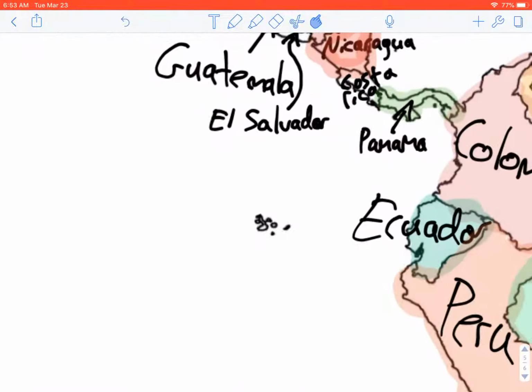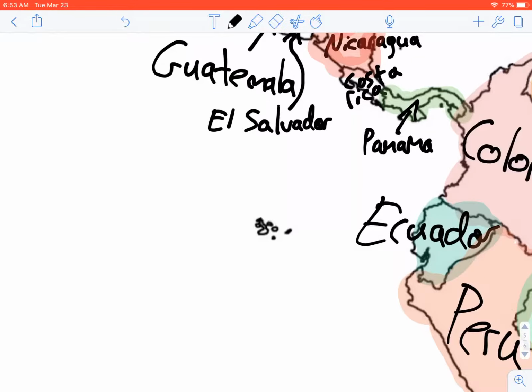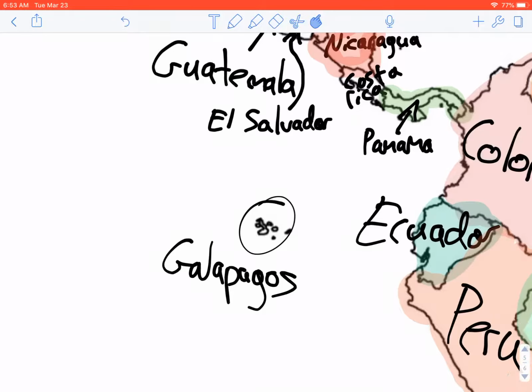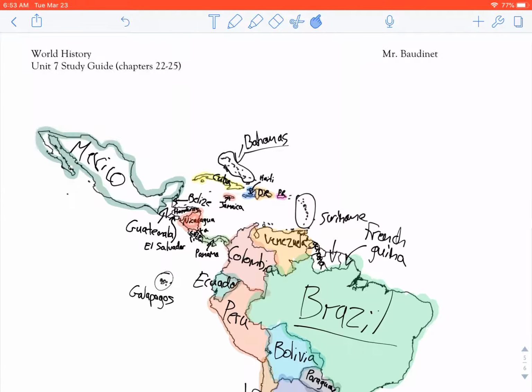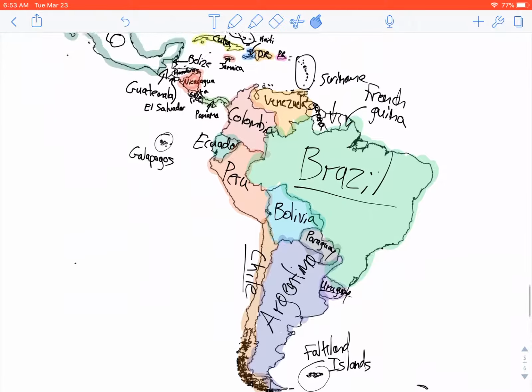Falklands. Oh, and I forgot to label the very important Galapagos Islands. Hugely important in terms of biology, studying ecosystems. Still a beautifully preserved natural reserve. Most of the islands are. I want to go there one day too. All right, but once you have that, make sure you have everything labeled. Then go ahead